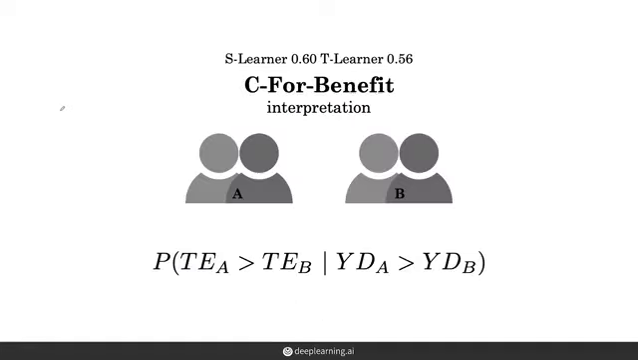So what does a C for benefit of 0.60 mean? The C for benefit means that given two randomly chosen pairs, A and B with different outcomes, what is the probability that the pair with the greater treatment effect estimate also has the greater YDiff? And with 0.60, it means that the probability that the model correctly identifies the patient pair with the greater treatment